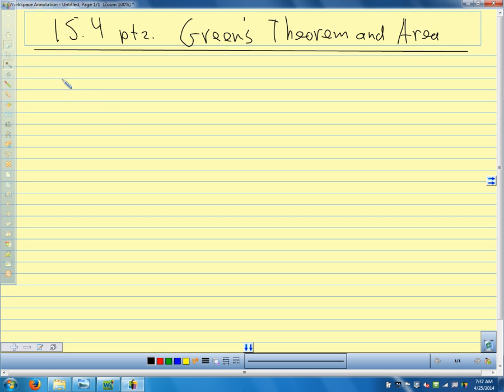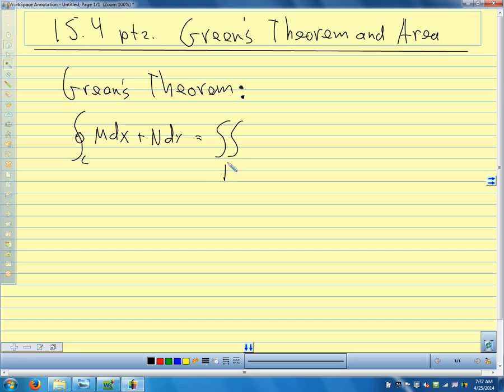We said yesterday that Green's theorem tells us that the line integral around a closed curve C of M dx plus N dy equals the double integral over the enclosed region of the partial of N with respect to x minus the partial of M with respect to y dA. So we can turn a line integral into a double integral